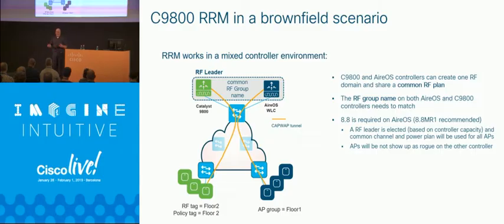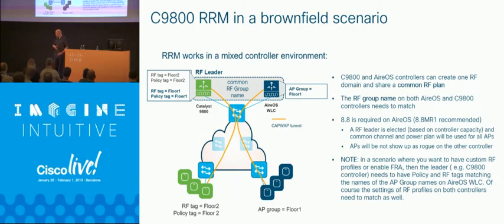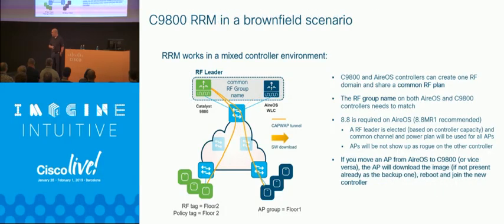So you can pick up the AP groups, you can pick up all the APs, the RF profiles, and you can match them, and a C9800 can be the group leader, and FRA will expand and work across the entire domain. The only trick to that is that you're going to need a consistency, which means that your site profile and the RF profile need to have the same name as the AP groups on the other side. So when you pick up a C9800 or the software for it to implement and test, just keep that in mind. And there's good detail on all of the implementation documentation that we have now.